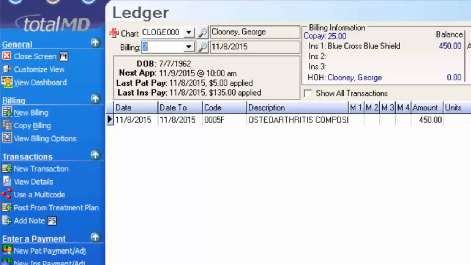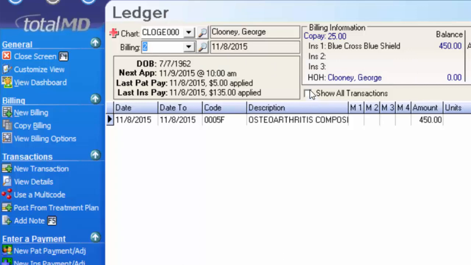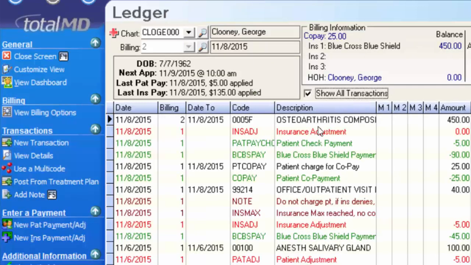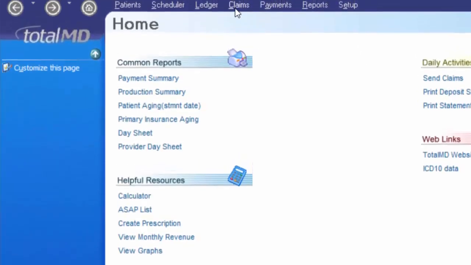Now that I have two separate billing numbers, I do want to point out I have a button to click, Show All Transactions, and it will combine all of the billing numbers in one view. If you do not have the option to show all transactions in one view, the chances are that you're on the basic version of our system, and you'll have to toggle between billing numbers in order to see the different transactions. I'm going to go ahead and get out of the patient's ledger now and go to our claims screen